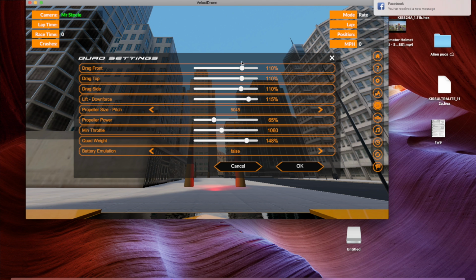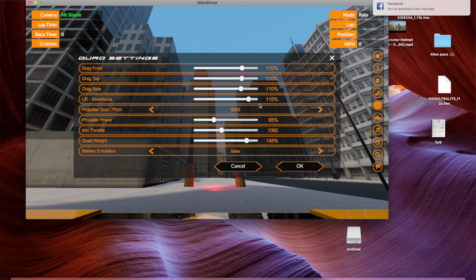Like I figured it out in the DRL, the one that wasn't on Steam first, and I was like, oh yeah, this feels kind of good, but it's not really there and I can't really adjust it anymore. So on this particular game, Velocidrone, you'll notice that the top three I've actually left the same, and the drags, they're 110%, and then it started to change as you go down here.